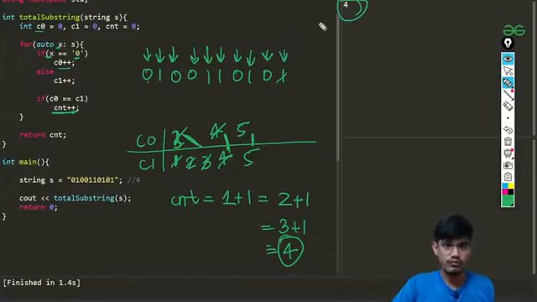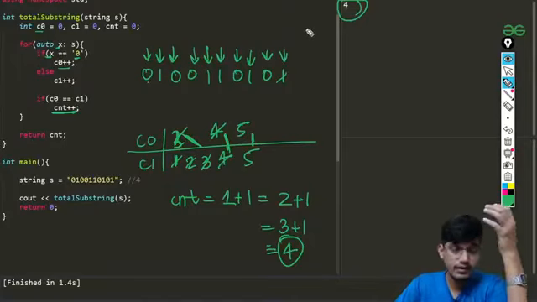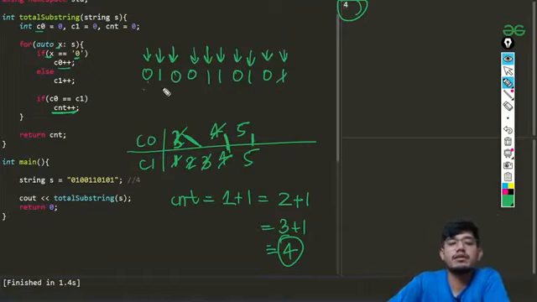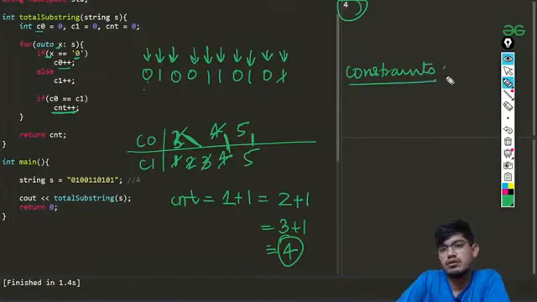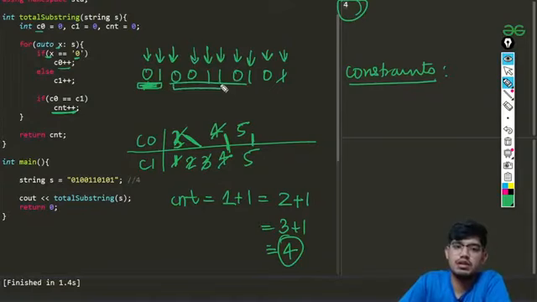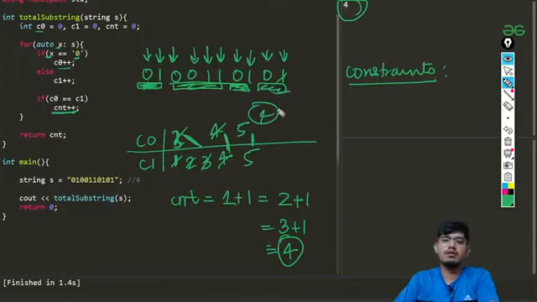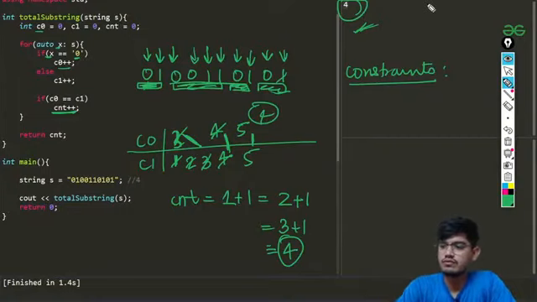So I hope the problem was clear and not that difficult to solve. But it was a little tricky. The main constraint that they have given was that the substrings that are made should be in a continuous fashion. So you can see all these strings are in continuous fashion, so that's why we are considering all of them. So we'll have the count as 4, and we'll show that as an output. So that is the first question for today, which we have solved.